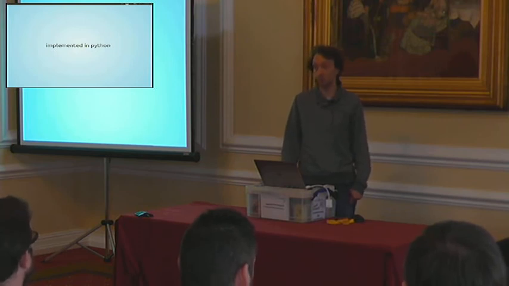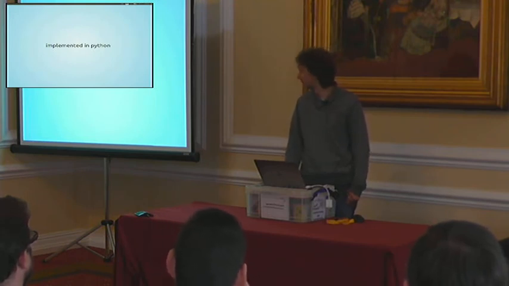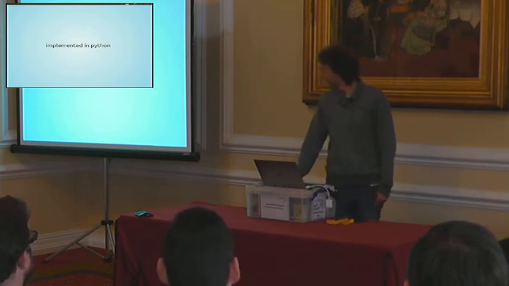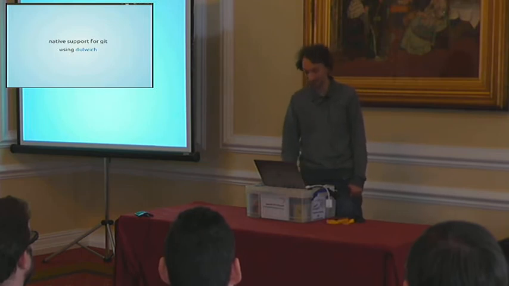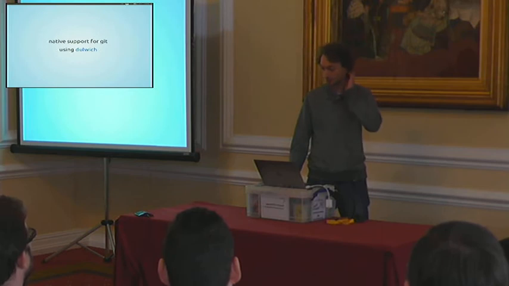It's very accessible code. All of the pieces make some amount of logical sense. We have a fantastic test suite that covers literally everything, I think. So you can make a change to it, see if a test fails. You can add new formats, change formats around, and I will review your code. I will look at your code. It will get landed. It has native Git support using Dulwich, which is basically a Python implementation of Git.